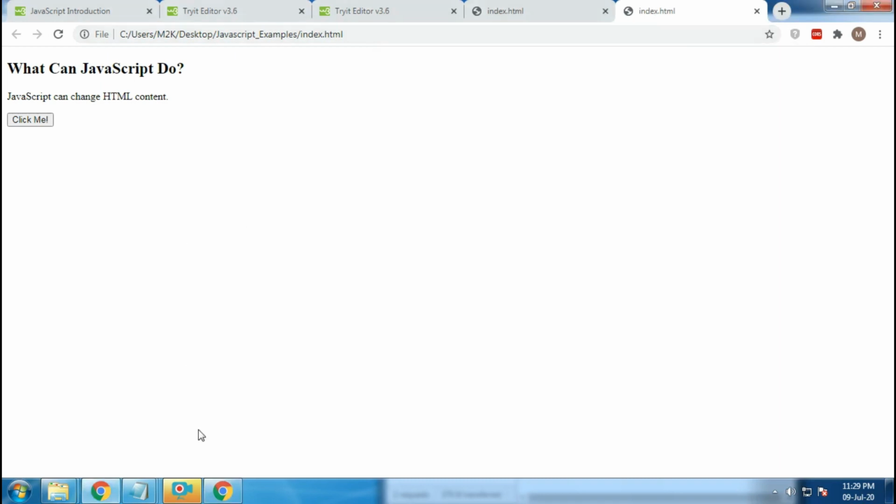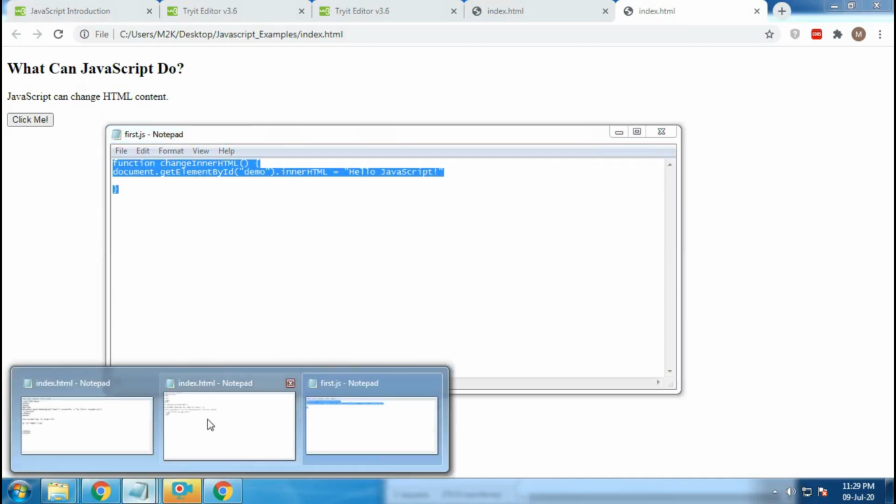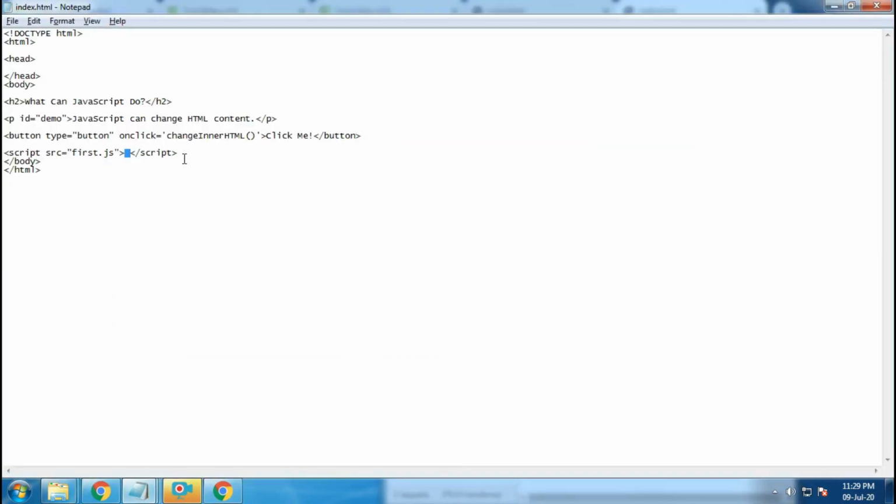Okay guys, so these were the three ways you can include JavaScript, and the preferable way is this way, to include external files in your web pages. Because in a big project there will be multiple JavaScript files, and you need to structure them. It will not be sustainable to include everything in a script tag. So you need to remember that.